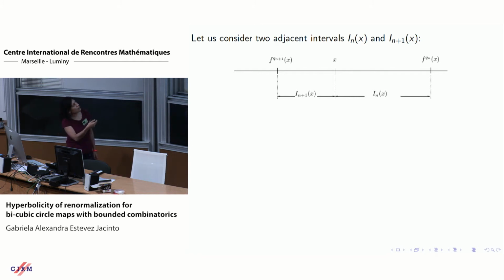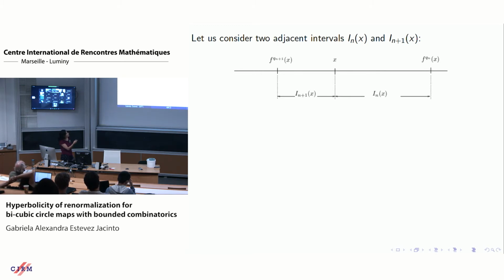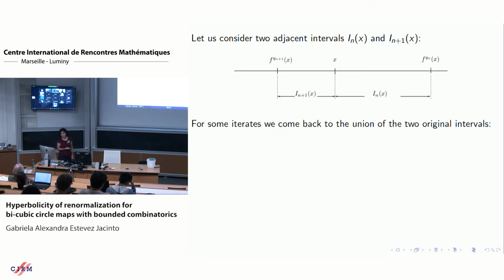So this is an interval here. I call this In, and this one is In plus 1. So this interval is smaller because this iterates Fqn, Qn plus 1, Qn plus 2 will approach the point, will never be the point because we don't have periodic points, and they will approach from different sides. So if this comes from this side, the other will come from the other. Okay.